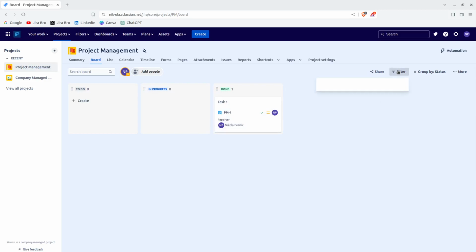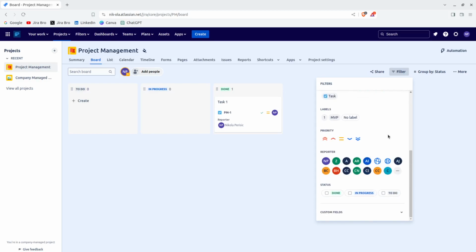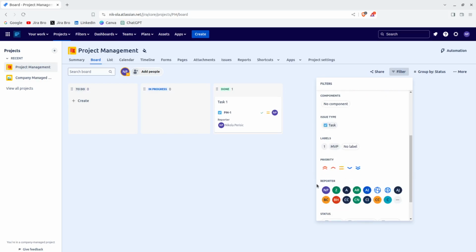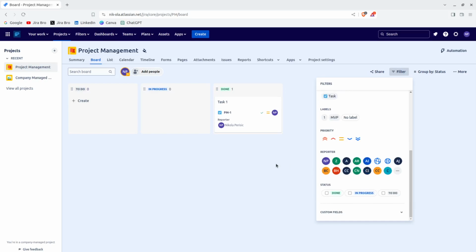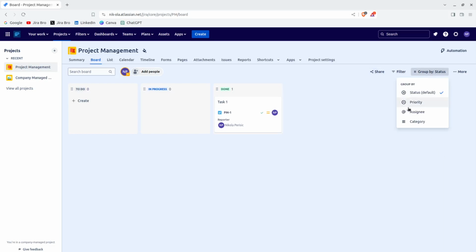columns expanded. You can also use the filters, and as you can see, the filters are almost, if I can say, well, not that much, but they're almost the same when it comes to filtering in the team managed projects. It's almost like that. And you can filter either by the assignee, by the priorities, by who is the reporter, by the status, all of those good things. You can also share the board with the name or the teams as well, so that is another thing that you can do. The thing